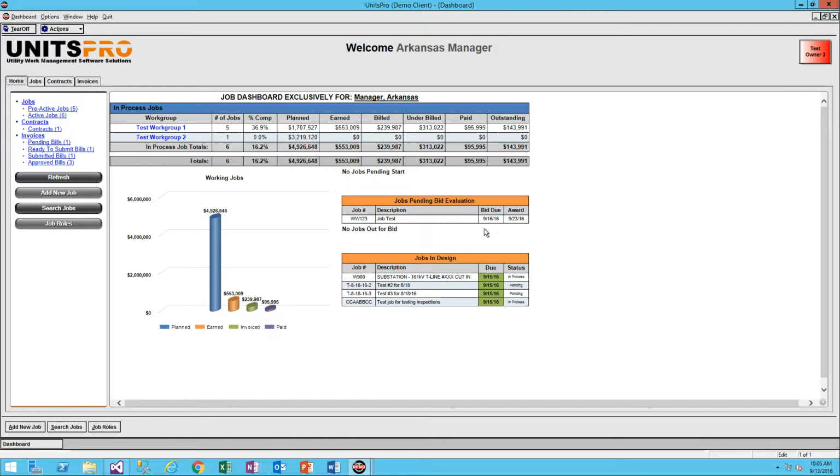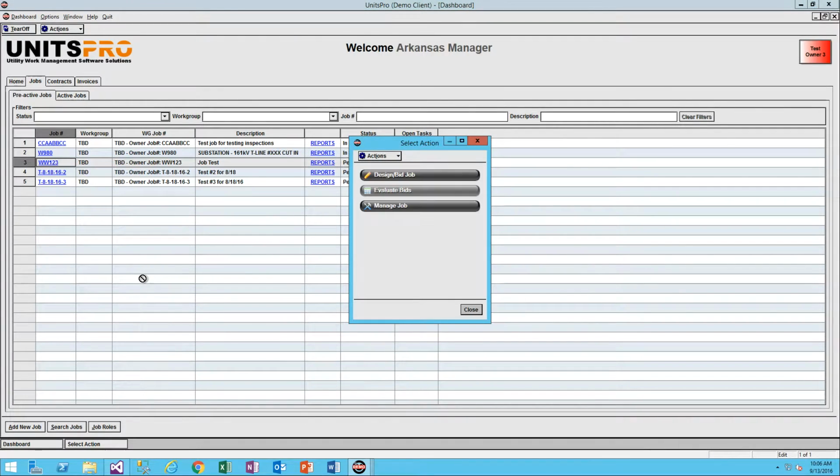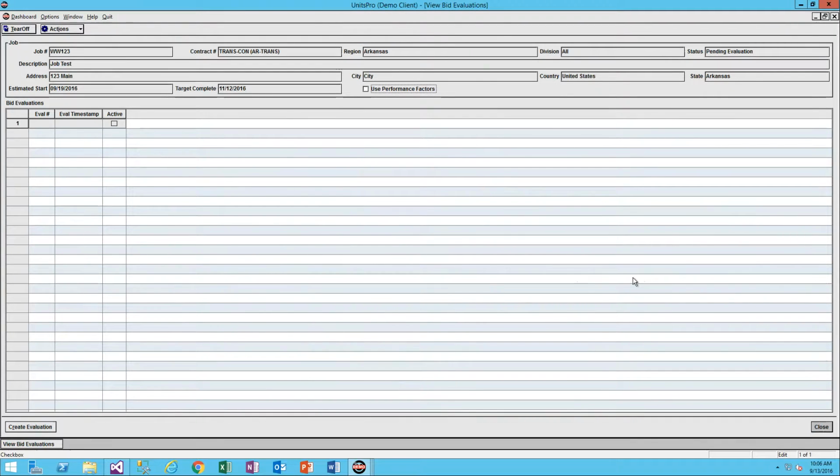The bids weren't due for a couple more days yet, but all the work groups have submitted the bid, so that moved the job from jobs out for bid to this status, and we can go ahead and proceed with bid evaluation. Go to our jobs dashboard. You say pending evaluation, and when we go to look, we have a new transaction we can access called evaluate bids. Open this. We're going to create an evaluation,